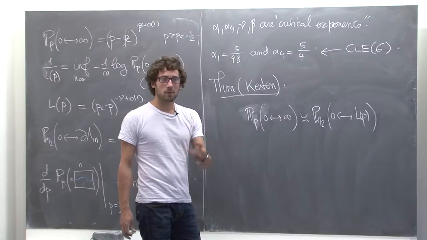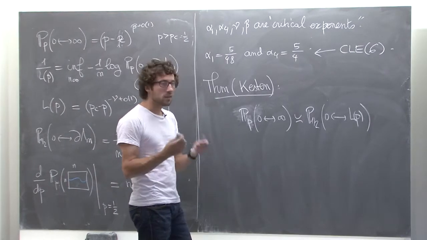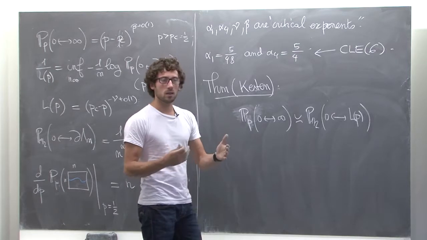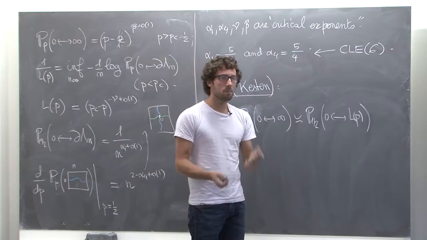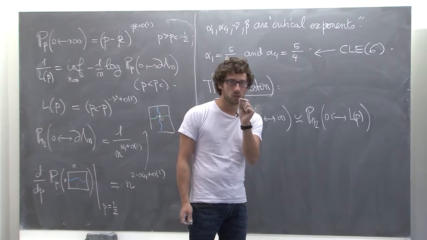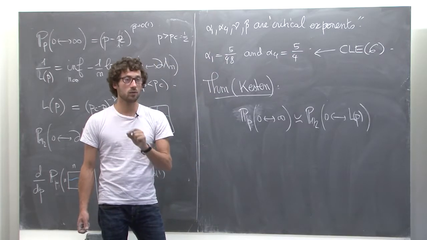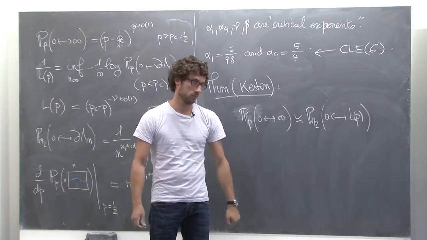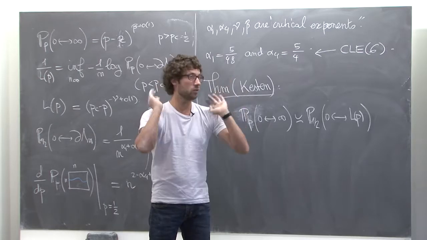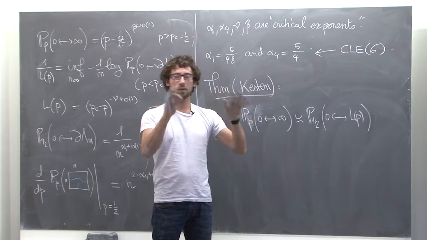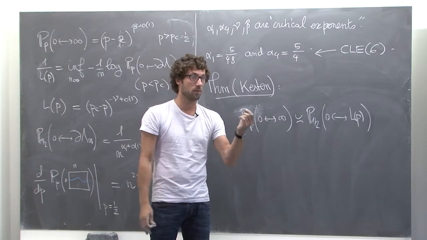The idea, if I can give you just, this is a very complicated proof, but if I can give you a hint, is the following. Imagine L(p) as being the scale below this scale. You see, if I give you p equals 0.5000000000001, and I give you a box of size 1000, you will never be able to tell me that the configuration I'm throwing at you is different from the configuration I would be throwing at you if I were sampling them from percolation at 0.5.